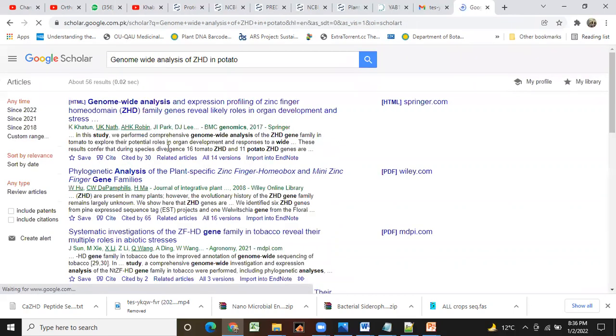Okay, so you will take sequences of tomato, just tomato, because you are working on chili, and tomato and chili both belong to the Solanaceae family. So you need to have these sequences. You got my point?